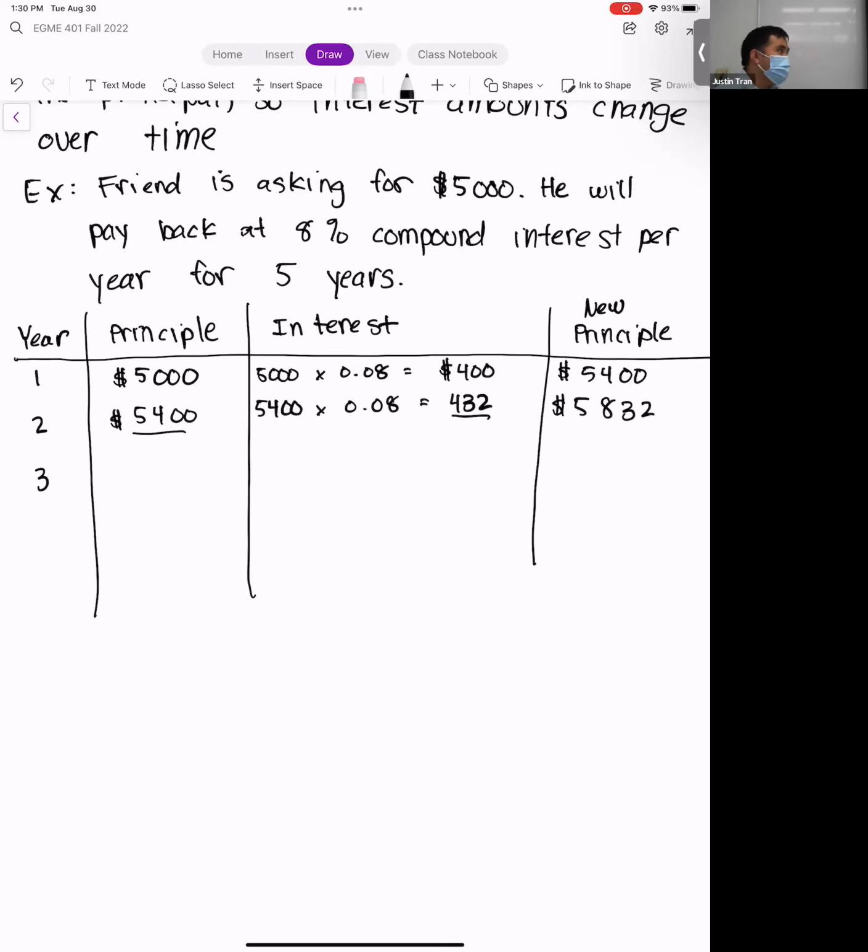And then for year 3, we're just going to repeat that process. At the end of year 2, we ended up with a principal of $5,832, and so we're going to move that to the next line. Then we're just going to repeat this process. I'm going to fill it in fairly quickly. I think only the first couple of lines need to be narrated, but you can see the pattern going on here.